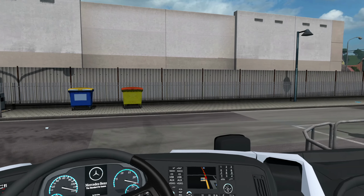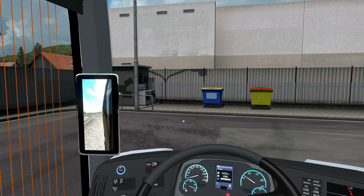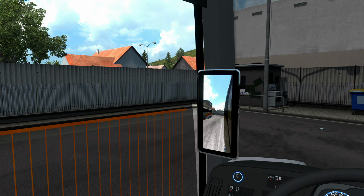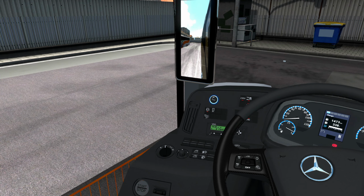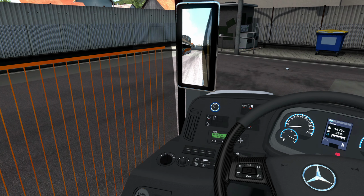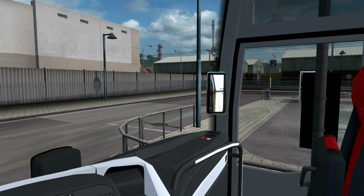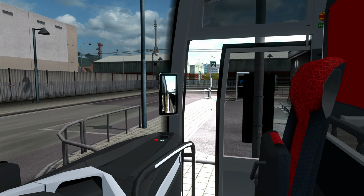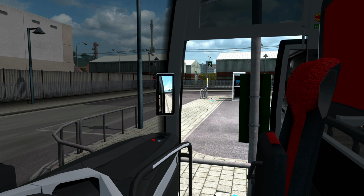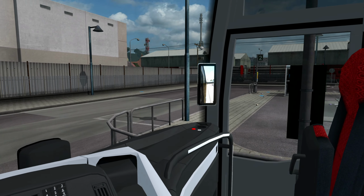If we look at the interior, you'll see that the bus has very nice animation of the window, which you can also see from the outside of course, but it's not that interesting to look at from that view, and the opening and closing of the door on the front of the bus looks like this from the inside view. The interior, as you can see from a driver's perspective, is very nice to look at,